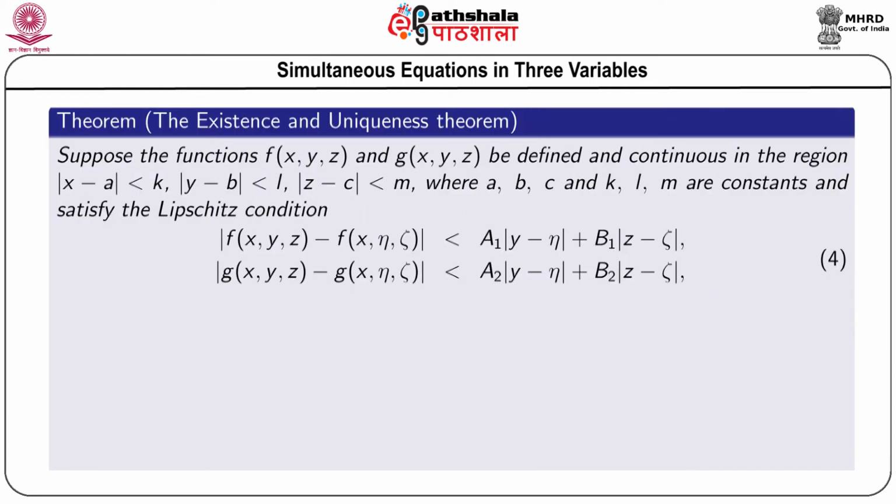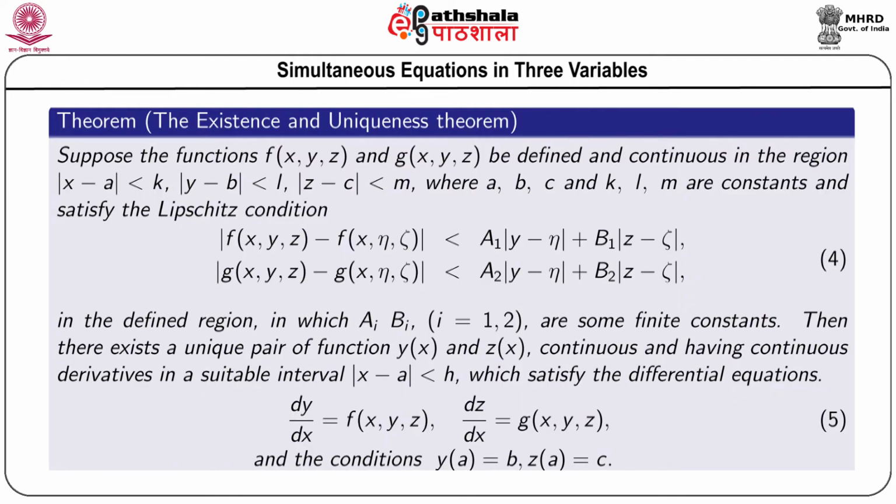Before solving a simultaneous equation, we have to know about the existence and uniqueness theorem. It tells us whether a system of equations, or simultaneous equation, will have a solution or not. Suppose the function f, which is a function of x, y, z, and the function g are defined and continuous in some region mod x minus a less than k, mod y minus b less than l and mod z minus c less than m, where a, b, c and k, l, m are constants, and satisfy the Lipschitz condition, which